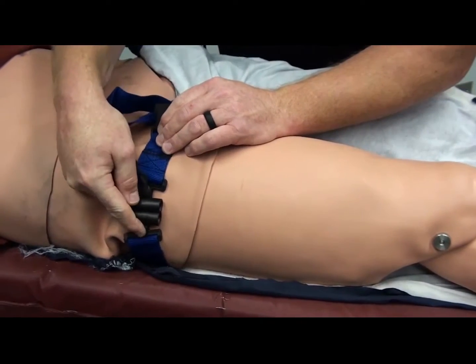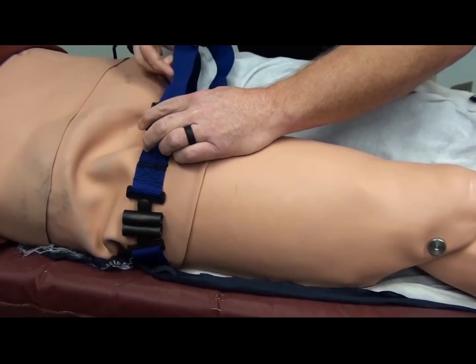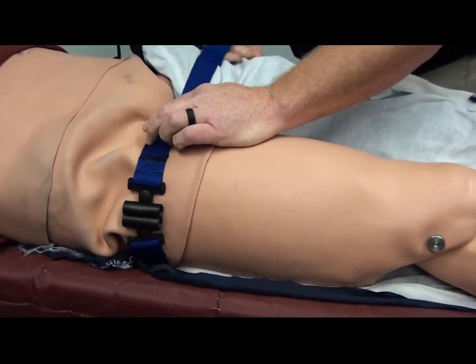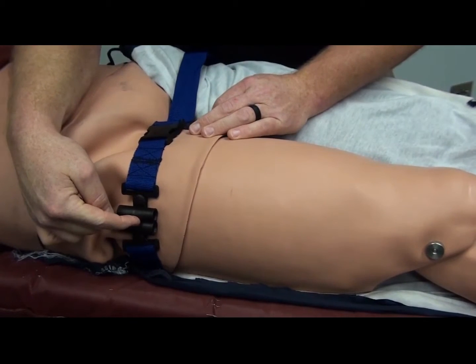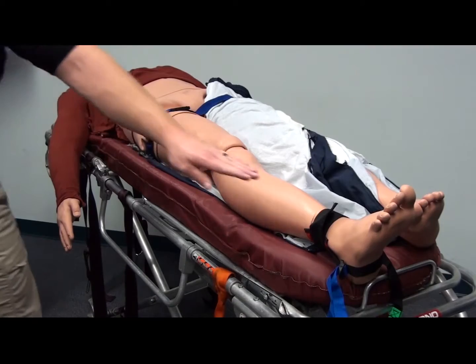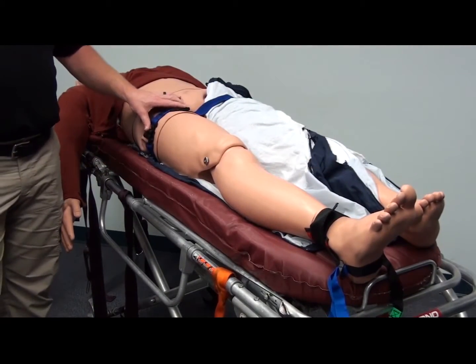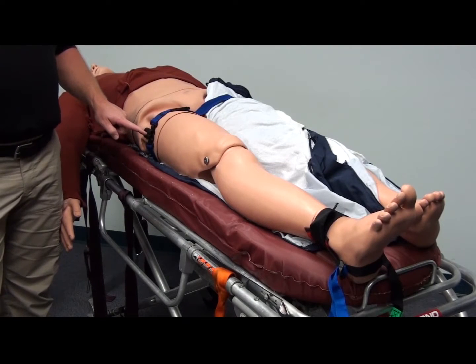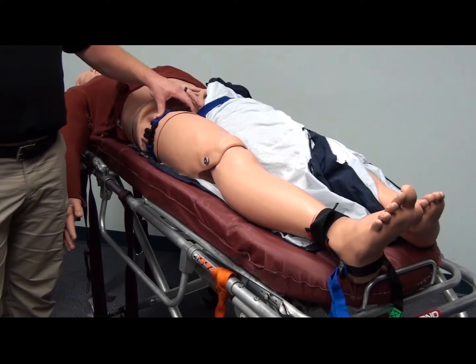Okay, so position where the pole connectors are on that lateral side. Connect it. Simply pull till it is tight and secured to the leg. So pole connector, lateral side. Okay, ankle hitch is in place, traction is being pulled. Ischial strap's in place, and the connector is on the lateral side of the upper leg, and the strap is